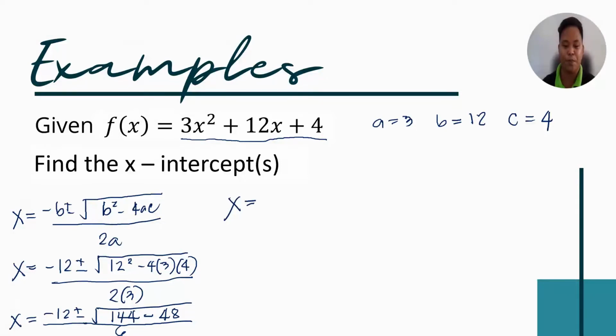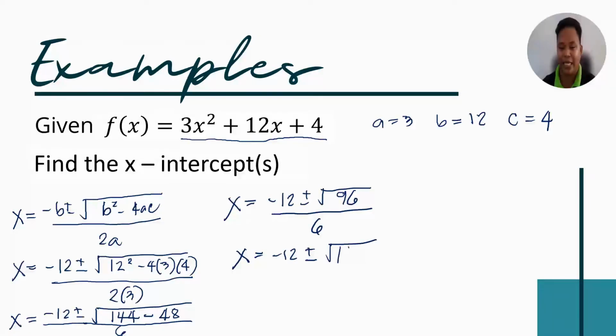X is equal to negative 12 plus minus square root of 144 minus 48 is equal to 96 all over 6. X is equal to negative 12 plus minus the factors of 96, which is a perfect square, is 16 by 6